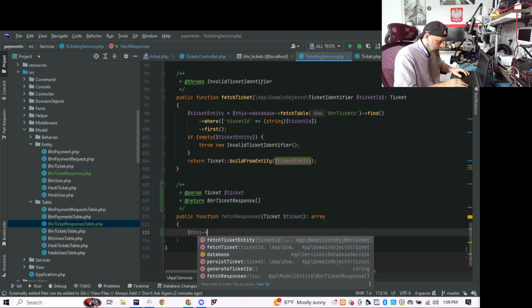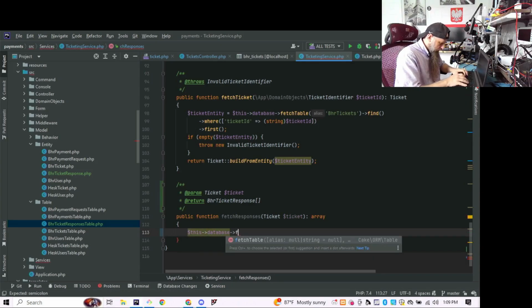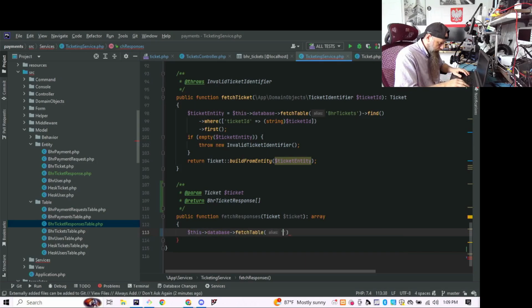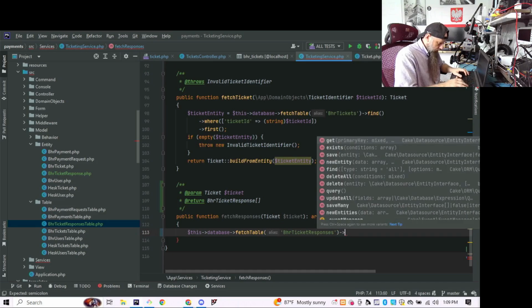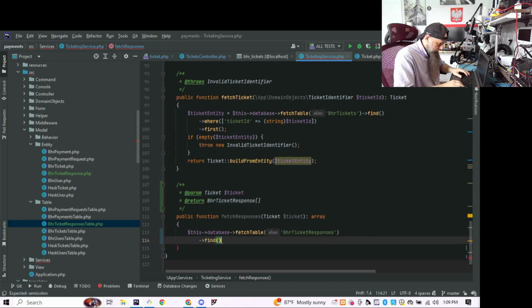So this fetch database fetch table vhr ticket responses, and we want to fetch all the responses, so we're gonna use find